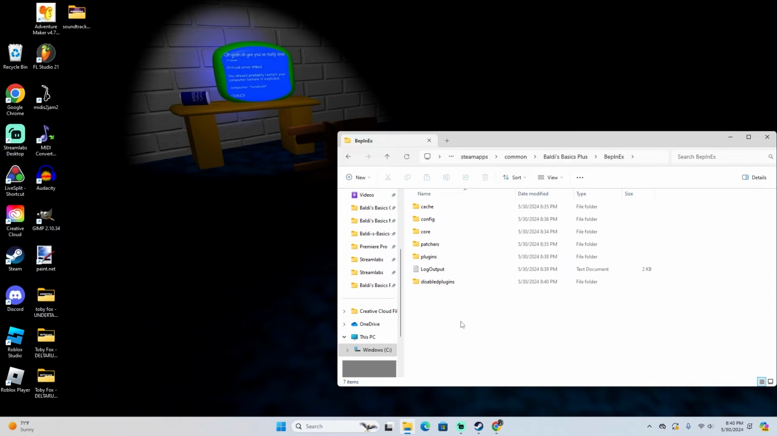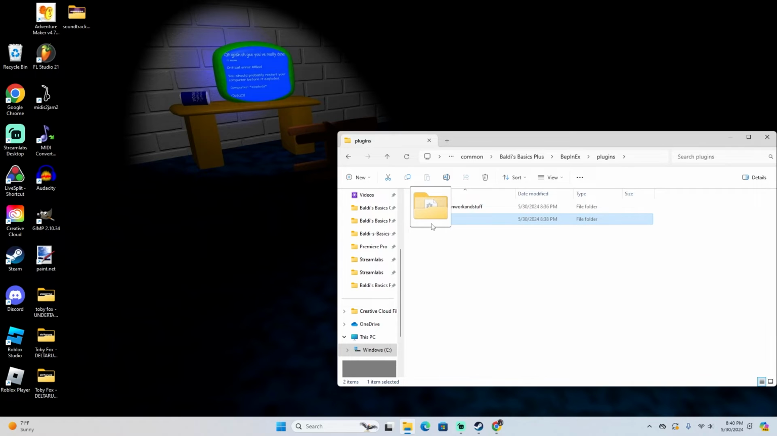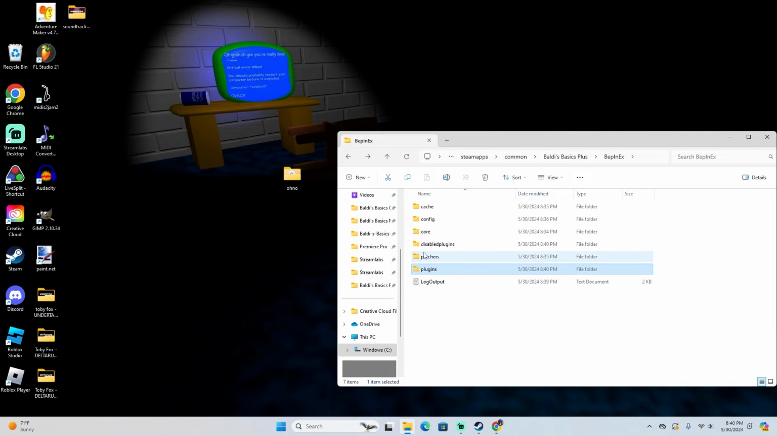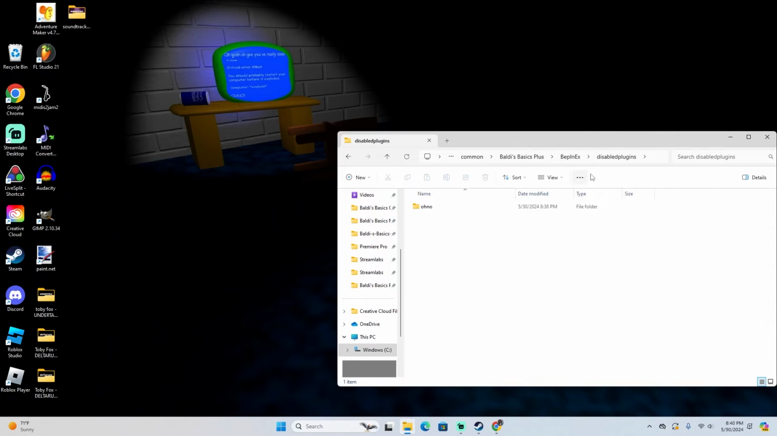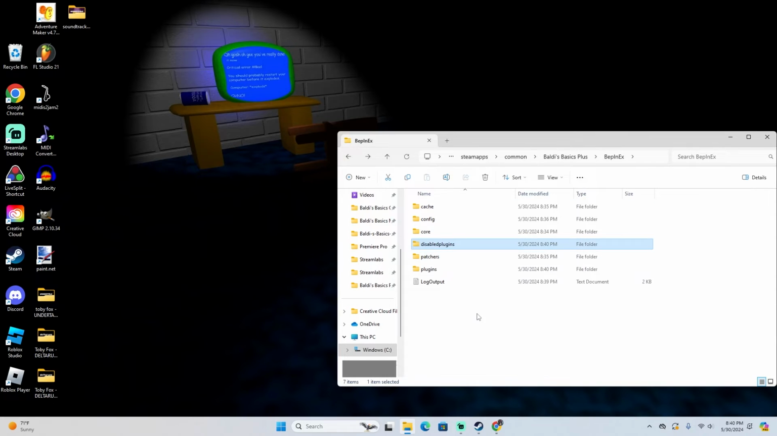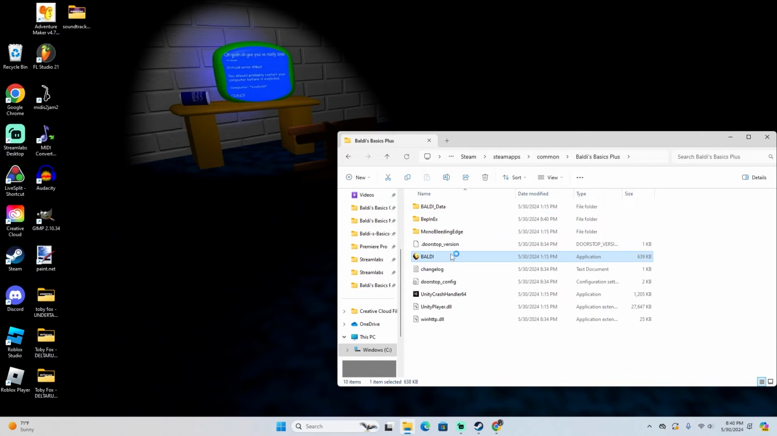And then what you can do is you can go to your plugins folder, find your mod folder here with the dill file, and then just move it to your desktop, go back, and then just put it in your disabled plugins folder. And since the disabled plugins folder is just a regular folder, the mod files will not work here. Which means if I go back to Barbers Plus here and open it up,